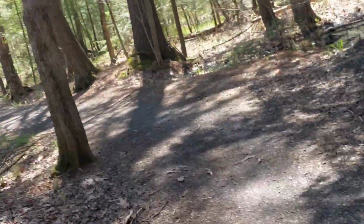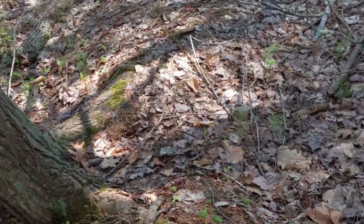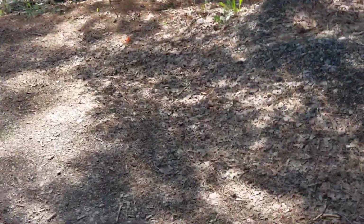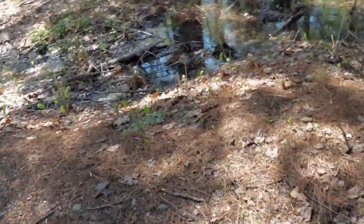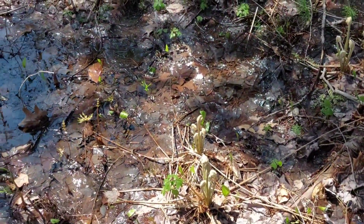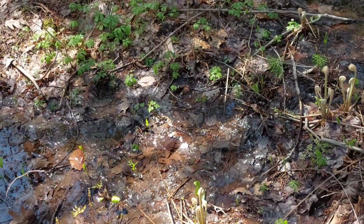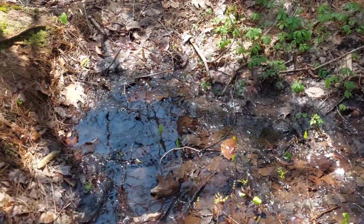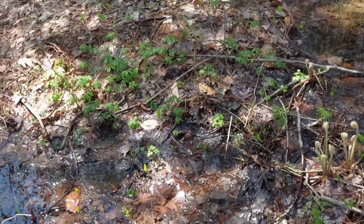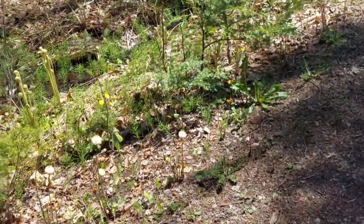Now, in this area, which I don't see any of, this is where Jack in the Pulpits come up. There's another area right over here. They like wet soil. And here's one area where there's a bunch of plants that will come up too, and you can see that this has actually got some standing water in it now. But there's no sign of their characteristic leaf. And of course later in the season they'll have the very unusual flower for which the plant is named. The word jack in plants refers to,